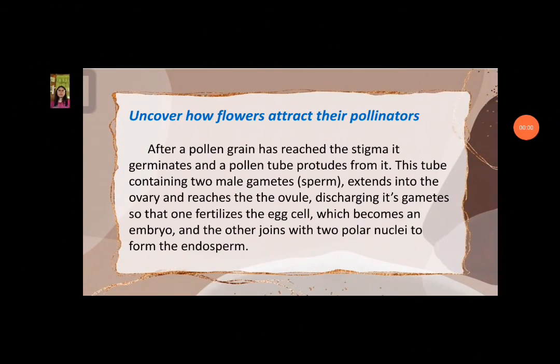Iris. A blue iris with a contrasting yellow nectar guide indicating the location of the nectar to the honeybee, Apis mellifera. Uncover how flowers attract their pollinators. So after a pollen grain has reached the stigma, it germinates and the pollen tube protrudes from it. This tube containing two male gametes, which is the sperm, extends into the ovary and reaches the ovule, discharging its gametes so that one fertilizes the egg cell, which becomes an embryo, and the other joins with two polar nuclei